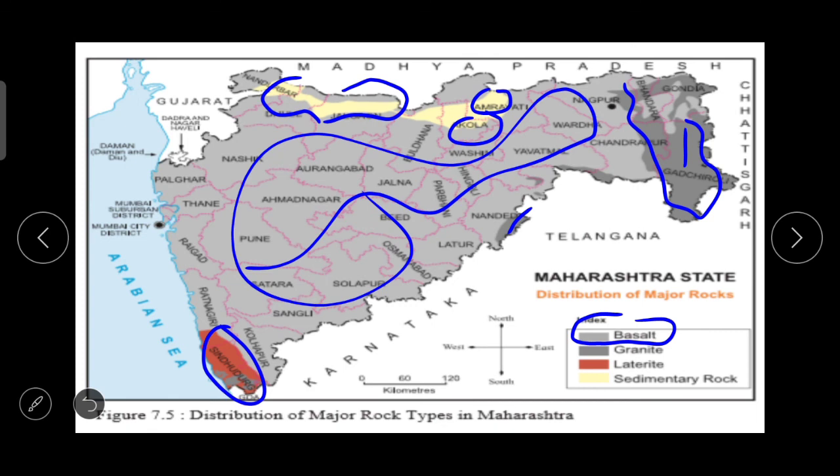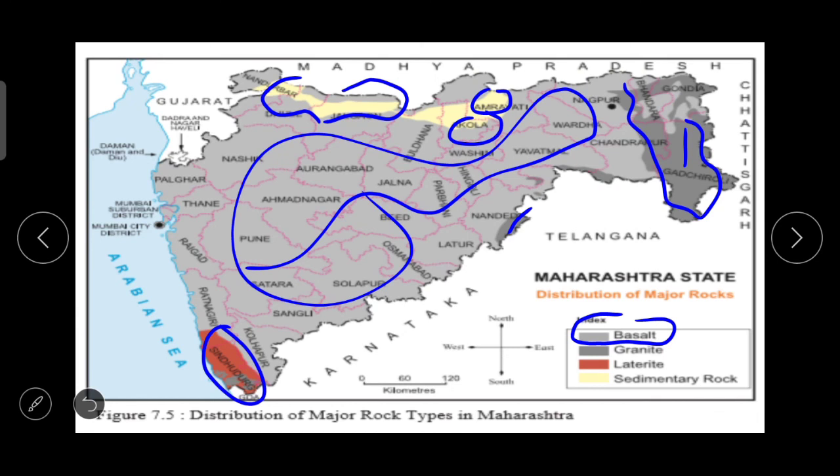So now this was all about the rocks and rock types. In today's topic, we learned about the concept of rock, or we can say the things which are related with the rocks and the types of rocks, in that igneous rocks or primary rocks, sedimentary rocks, metamorphic rocks, and the table where we can understand the formation of metamorphosed rock, and on the screen now distribution of major rock types